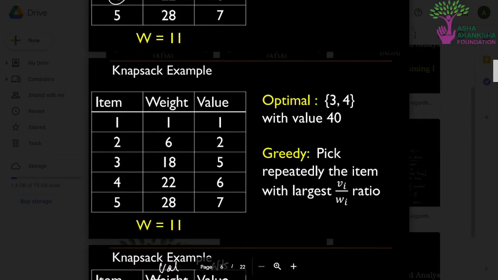So the first one will be the greedy approach. I will be discussing the greedy approach now. Now, what is our goal? Our goal is to select the items in such a way that whenever we are selecting an item, it should have the maximum possible value and the minimum possible weight. That's the thing that we have to follow, right?